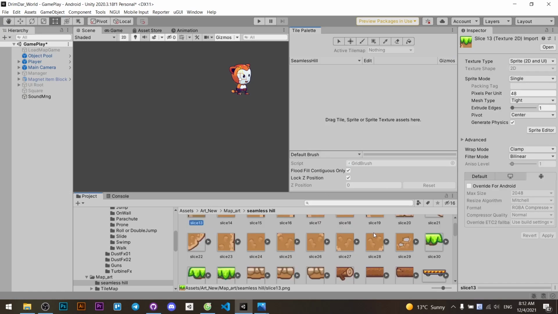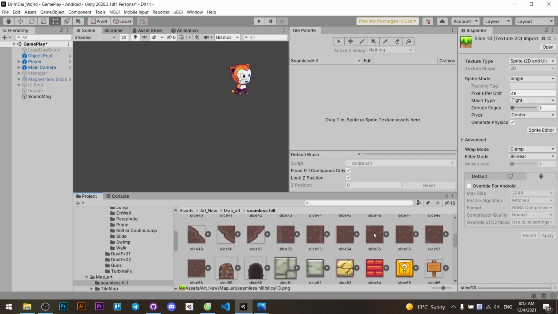Then I will drag the image that we need to do into the palette.